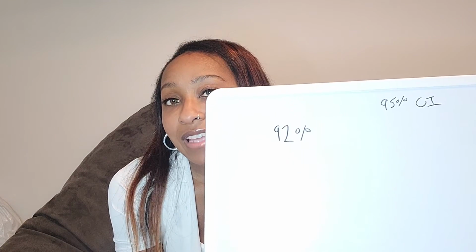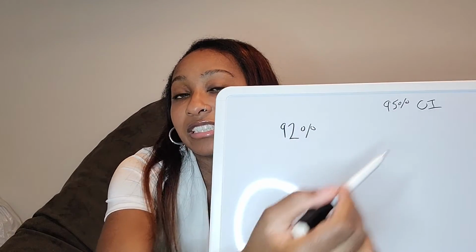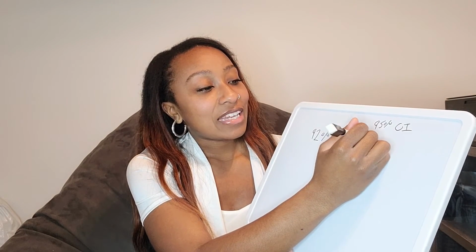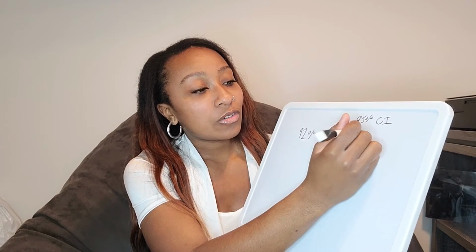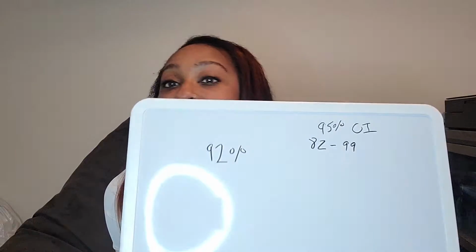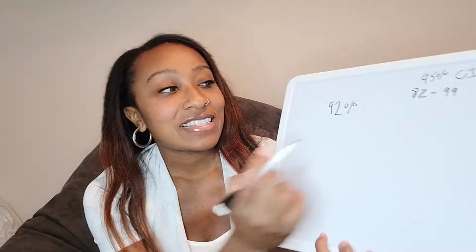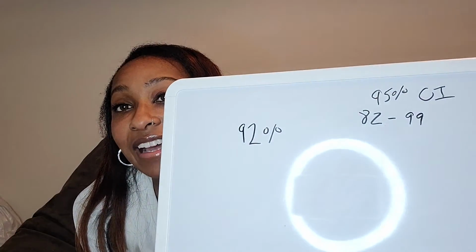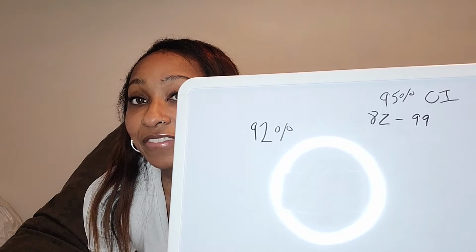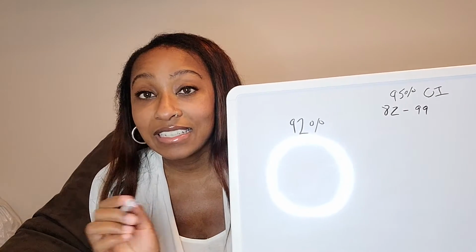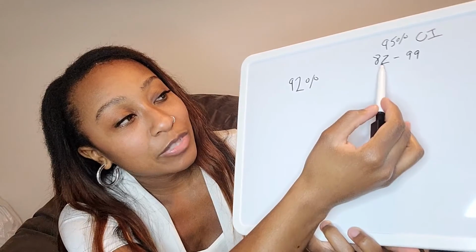What that means is that you're going to get a score ranging from something to something else. And let's say you hypothetically get 82 to 99. Because you're going to get two numbers when this runs through whatever you're using, like Q Global or something. What that is saying is that with 95% confidence, if the student was tested again, they would score between an